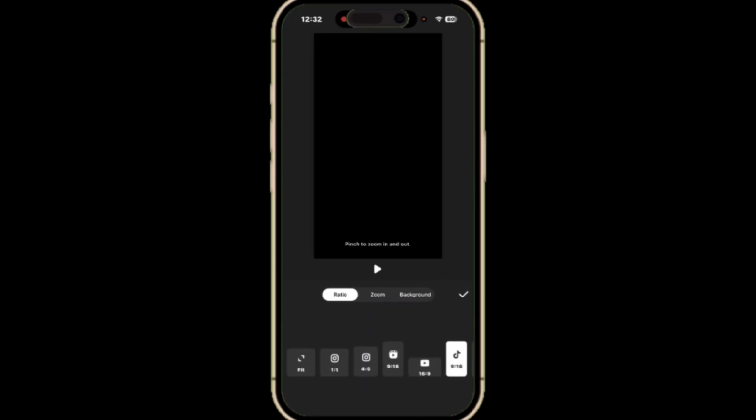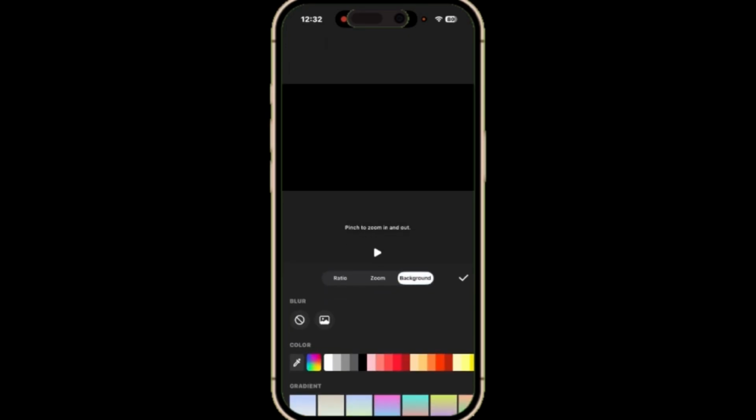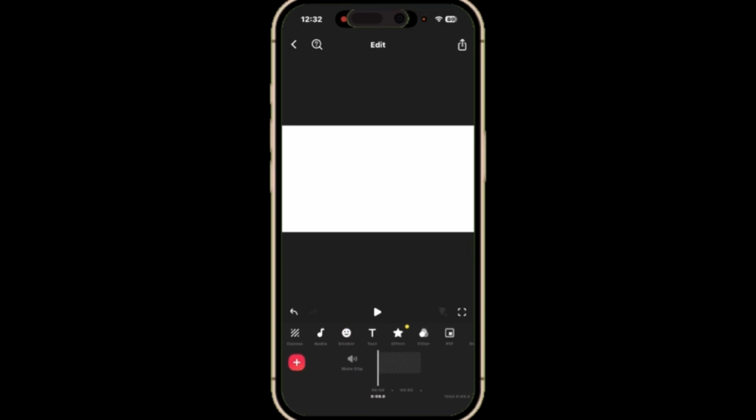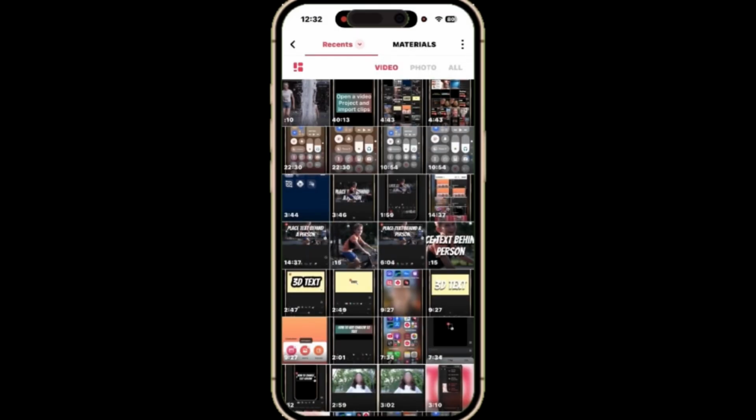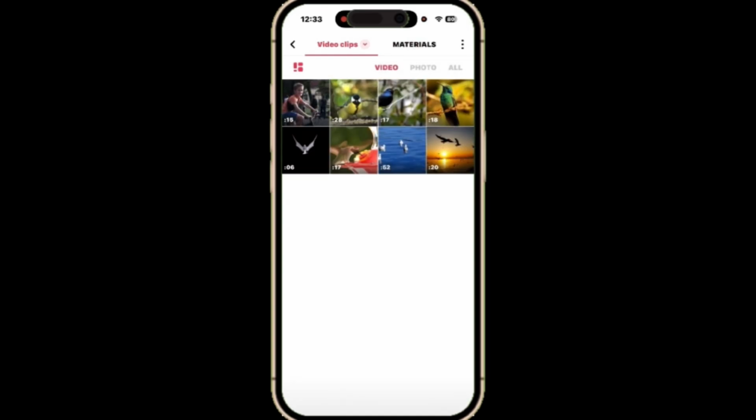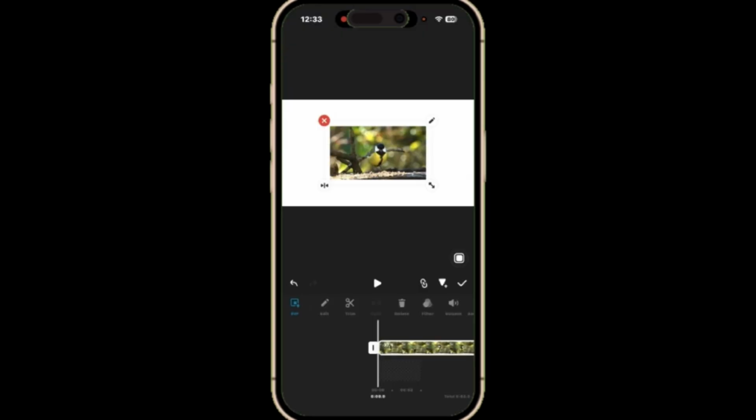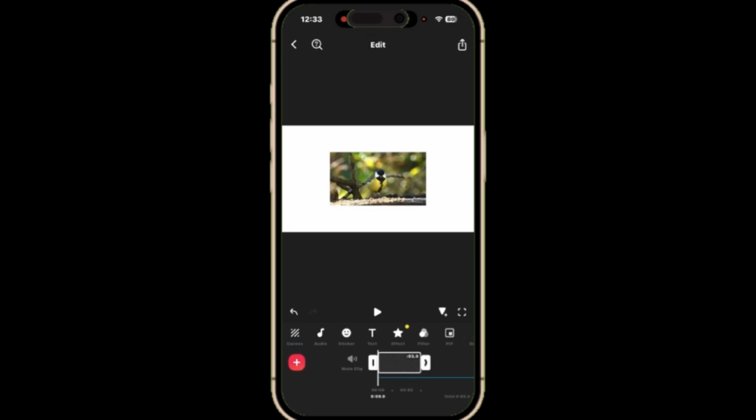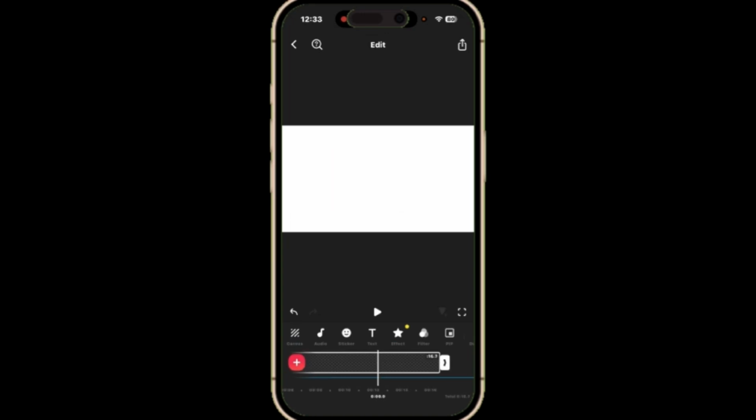Set your aspect ratio by tapping Canvas and change the background color to something that's easy to see. Next, tap PIP. Tap where it says Recents. Tap Video Clips, and here's the clips. Select one clip. Exit the PIP layer for now and stretch your blank clip to the end of the blue